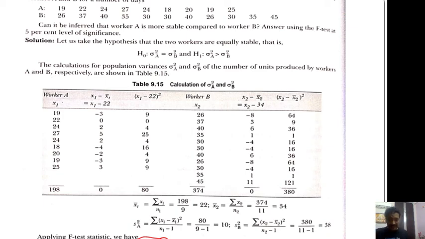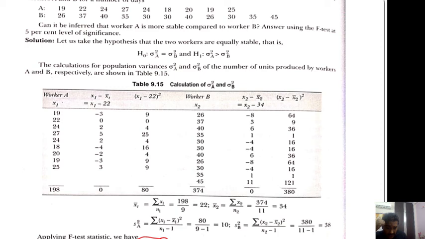So how do we calculate SB square and SA square? This is the formula: summation of (x1 minus x1 bar) whole square upon n1 minus 1, and for SB square it is divided by n2 minus 1, with (x2 minus x2 bar) whole square. After calculating these values, you can calculate the value of F. And again the concept of accepting or rejecting the null hypothesis is the same as we have done in the z test and t test. Because we are applying the F test for the first time, let me tell you from the table itself how we accept or reject here.